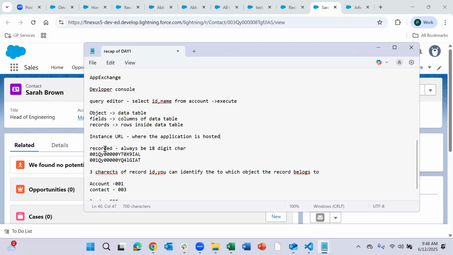And we have seen what a record ID is. Record ID would always be an 18-digit character, and we have seen if it is an account object, it will start with 001, and if it is a contact object, it will be 003.